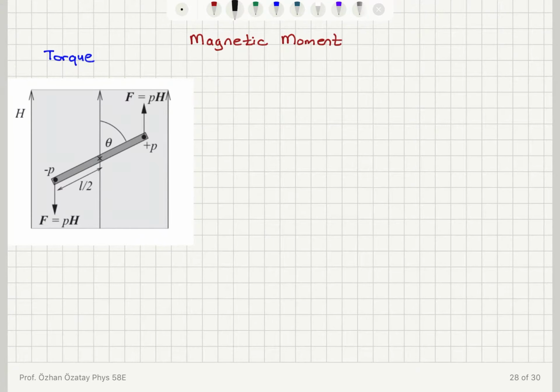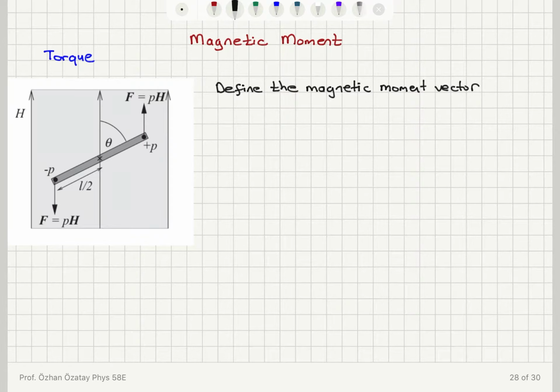So we define the magnetic moment vector as a vector that points from the south pole to the north pole. So it's a vector that points from pole strength minus p to plus p. So define the magnetic moment